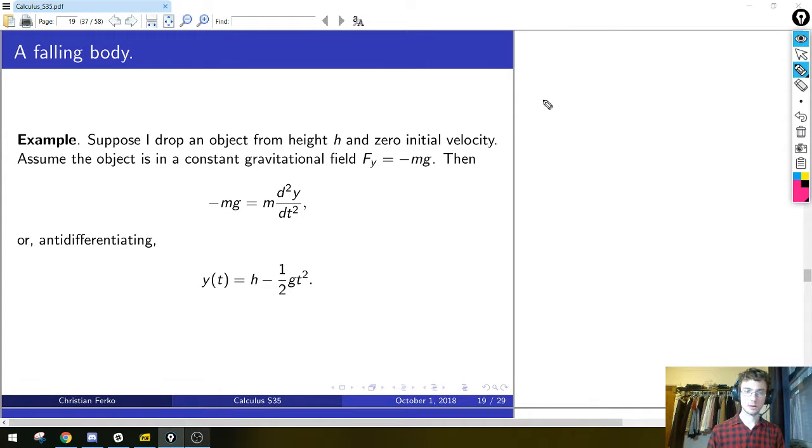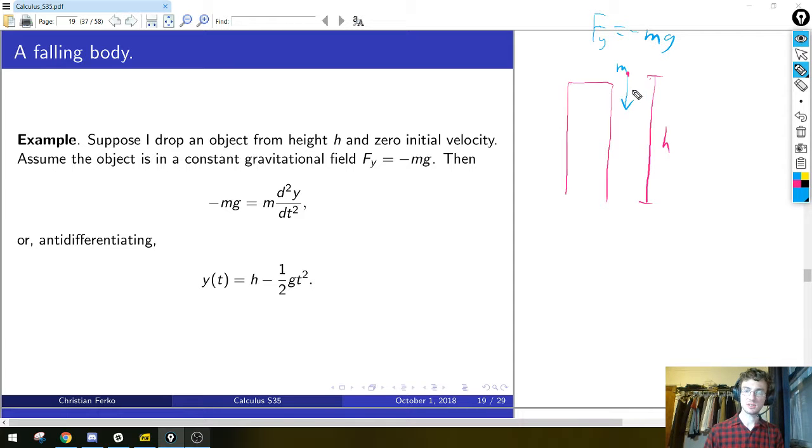So I'll work this one out for you. Suppose I stand at the top of a building and I drop some object, a penny or a ball or a bullet or something, and I drop it from this initial height h. So it starts from h. There's a constant gravitational force directed downwards. As I've written F, I'll put the y to emphasize that this is in the vertical y direction, if you will. So F sub y is minus mg, the mass of the object, times